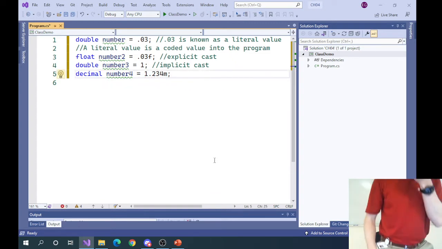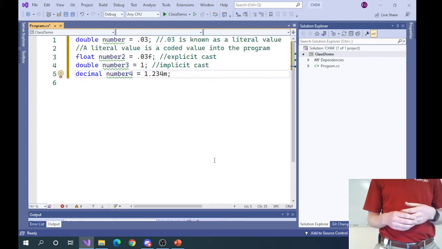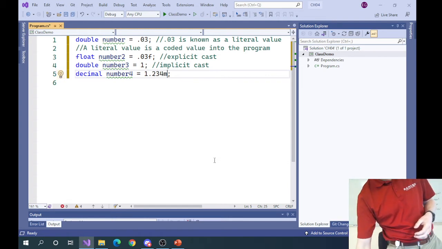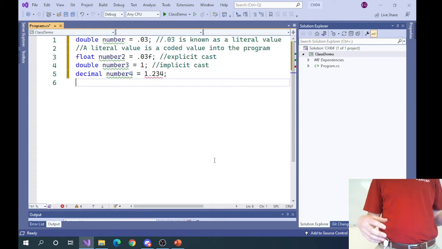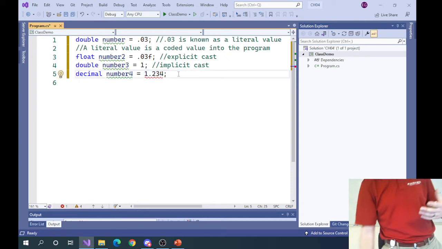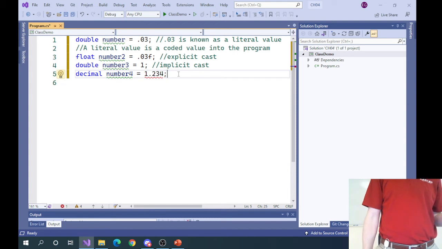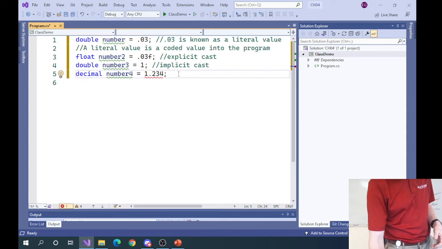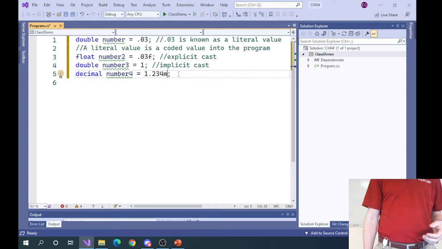So, my rules of thumb about widening conversions and narrowing conversions, it's kind of interesting because when you think of a decimal, decimals have more storage. So what we have here is a decimal on the left and we've got a double on the right, and yet they're still making you cast it even though it's a widening conversion. I can't really explain that one, but they still make you do it. The way to do it is actually with the letter M. The main premise is you're just saying, hey, it's a decimal on the left, it's a decimal on the right.